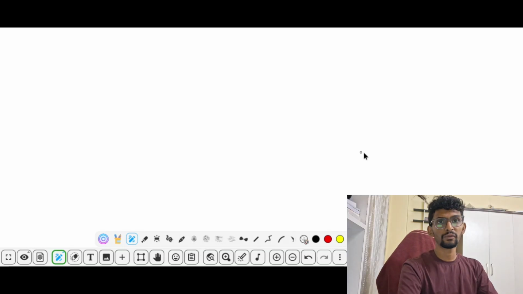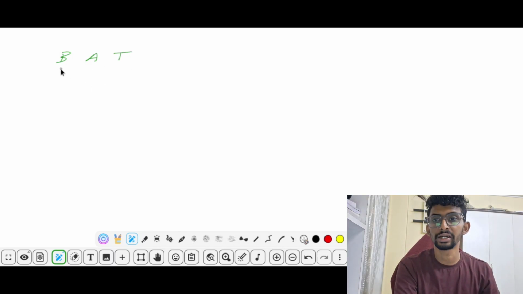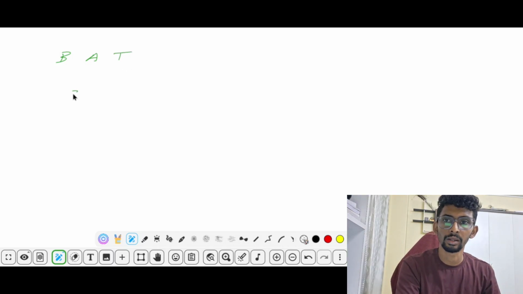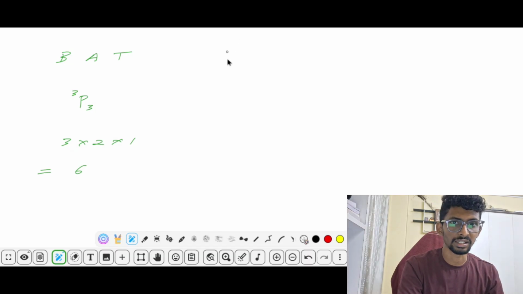In the previous video I gave one example, BAT. How many words are possible using these three letters? It is 3P3, because there are a total of 3 objects, B, A, T, and 3 options. So 3P3 is 3 times 2 times 1, that is 6. Now in this video we will deal with sums where the word will be something like this: BALL, where letters